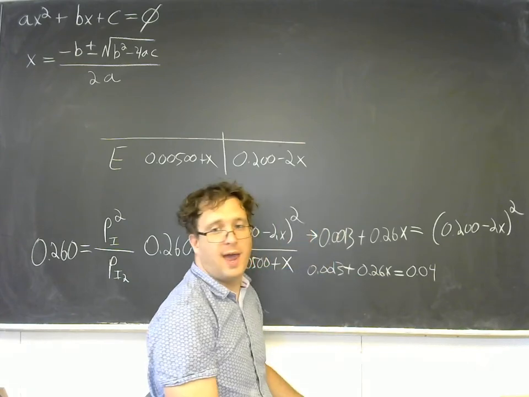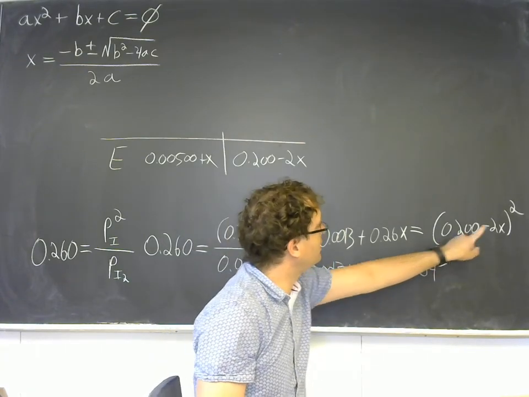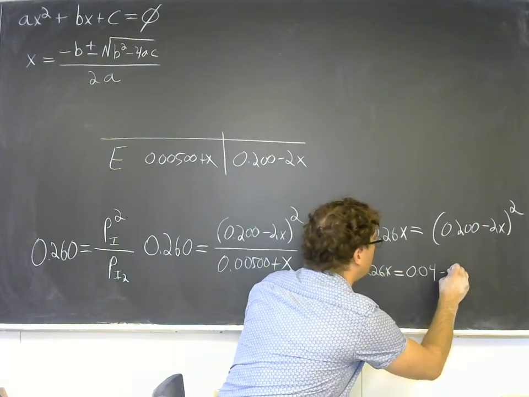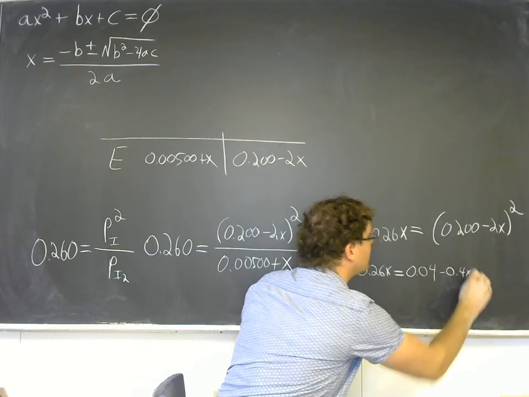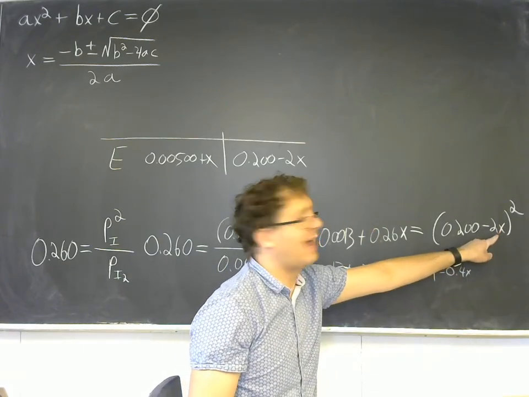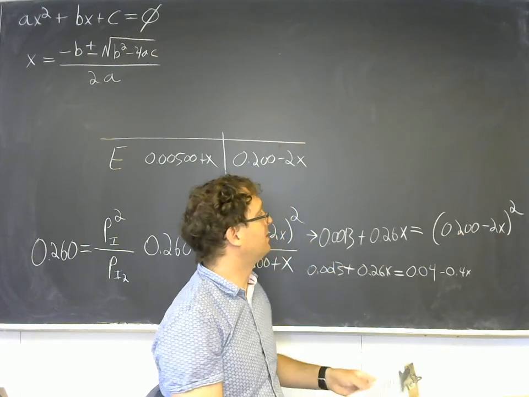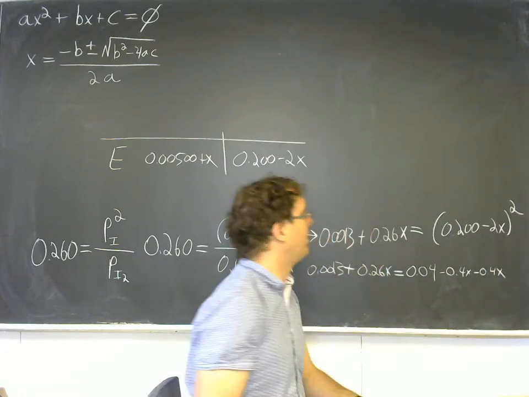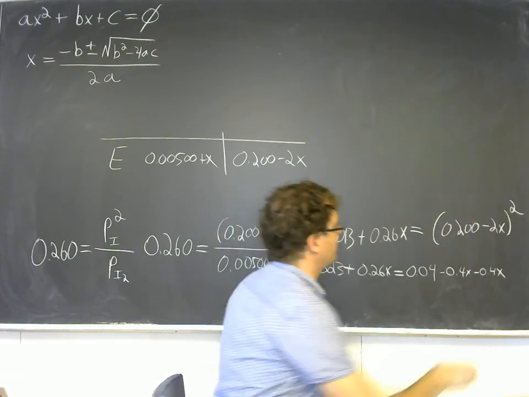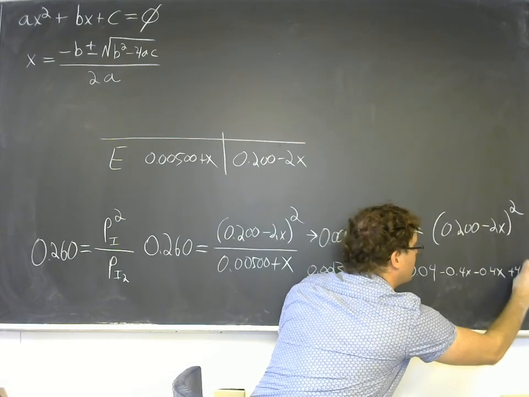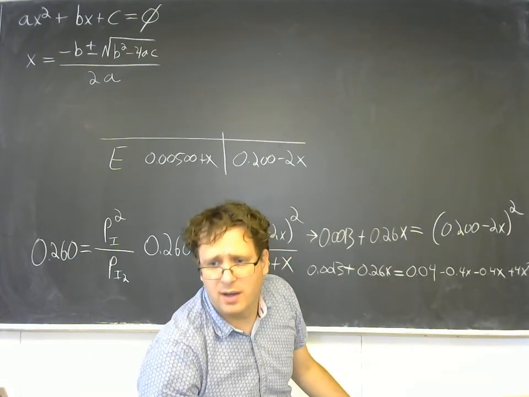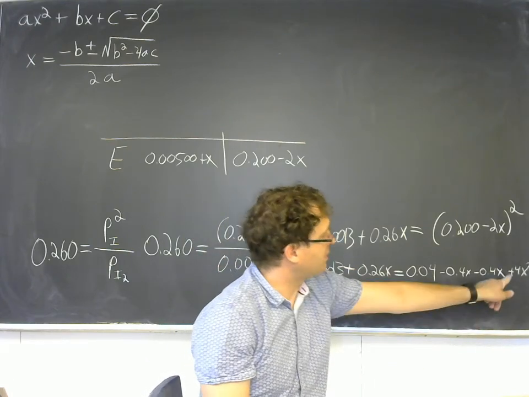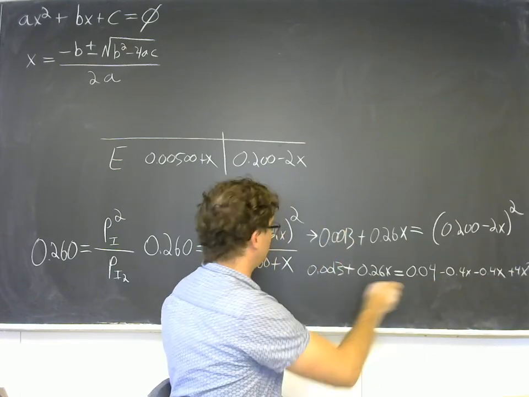0.04. And then we will have 0.2 times a negative 2, so that is a negative 0.4x. And then we'll go the other way, we'll have the negative 2x times the 0.2, so we'll have another negative 0.4x. And then finally, negative 2x times negative 2x is plus 4x squared. And I see that that is just barely running off of the frame, but that is a plus 4x squared. And we can simplify this